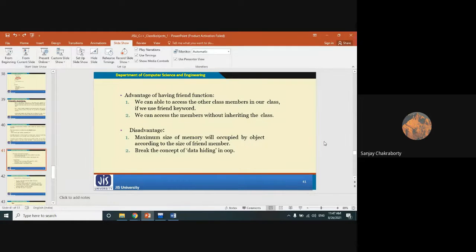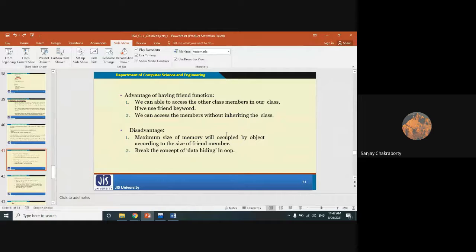If you are able to access a private data member from outside a class, then the usage of the private access specifier has been lost. The data hiding concept has been lost, because anyone can declare a friend function and access a private data member. But in Java, this cannot happen, because there is no concept of a friend function in Java. So the private data members and the data hiding concept remain intact in Java. In this case, Java is much stronger than C++.